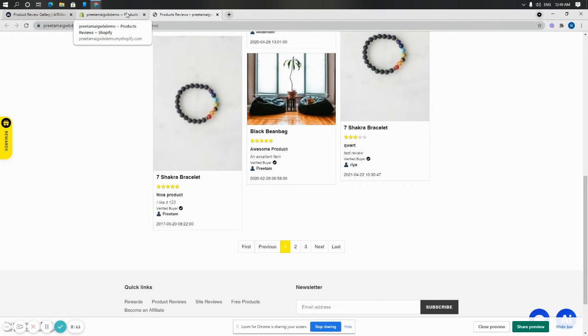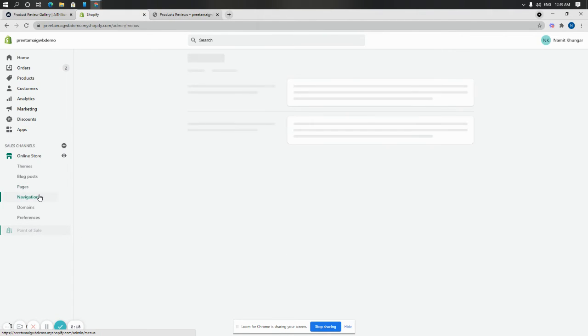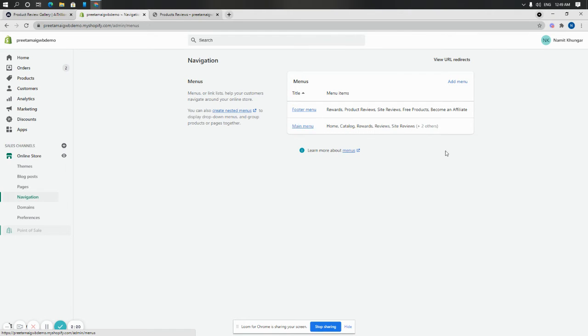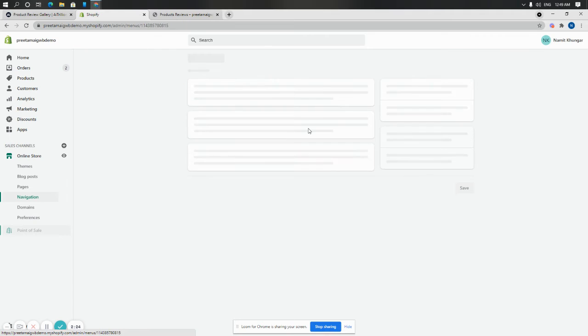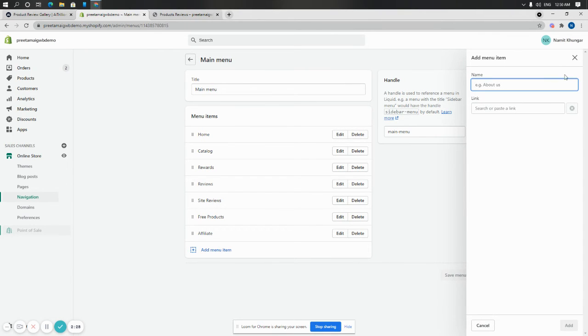In addition to that, if you want to add this page to your navigation system, just go back to Shopify, go to navigation under online store, choose the navigation menu you want to add it to. Let's say I want to add it to the main menu. In the main menu, click on add menu item, give it a name. So let's say product